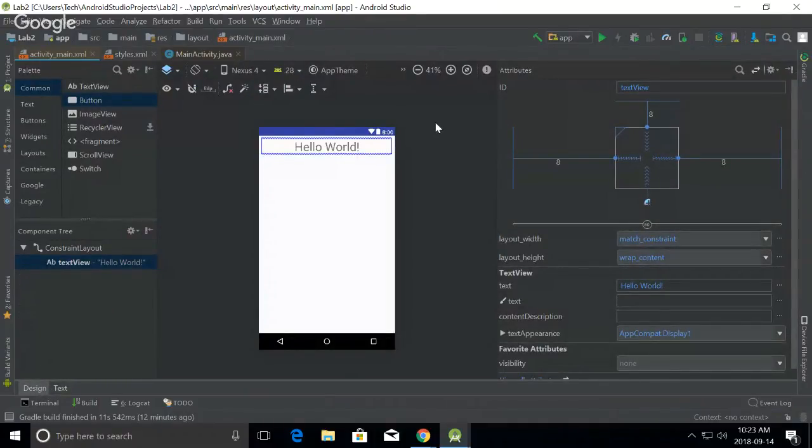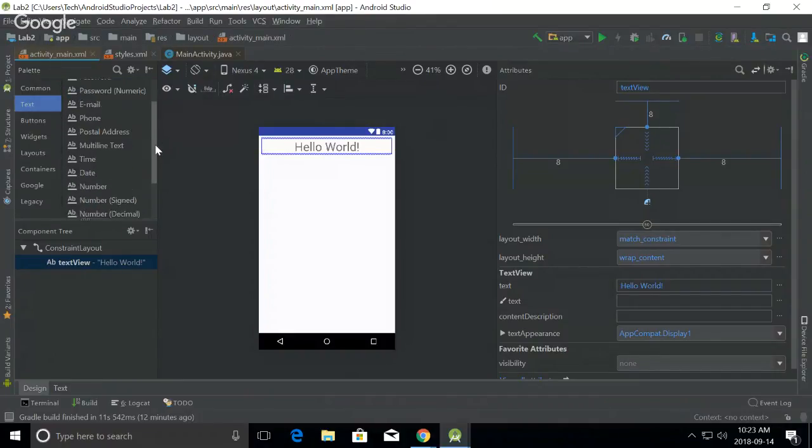Okay, next element that I want to add will be edit text. That will be the input box. You have a few templates that you can use. Because on mobile it's important to be specific in terms of what kind of input you expect, right? If it's a plain text, then you have a full keyboard and you can type anything, but you can narrow it down, right? You can say that I expect a phone number, or I expect an email, or I expect a numerical input, right? Plus,